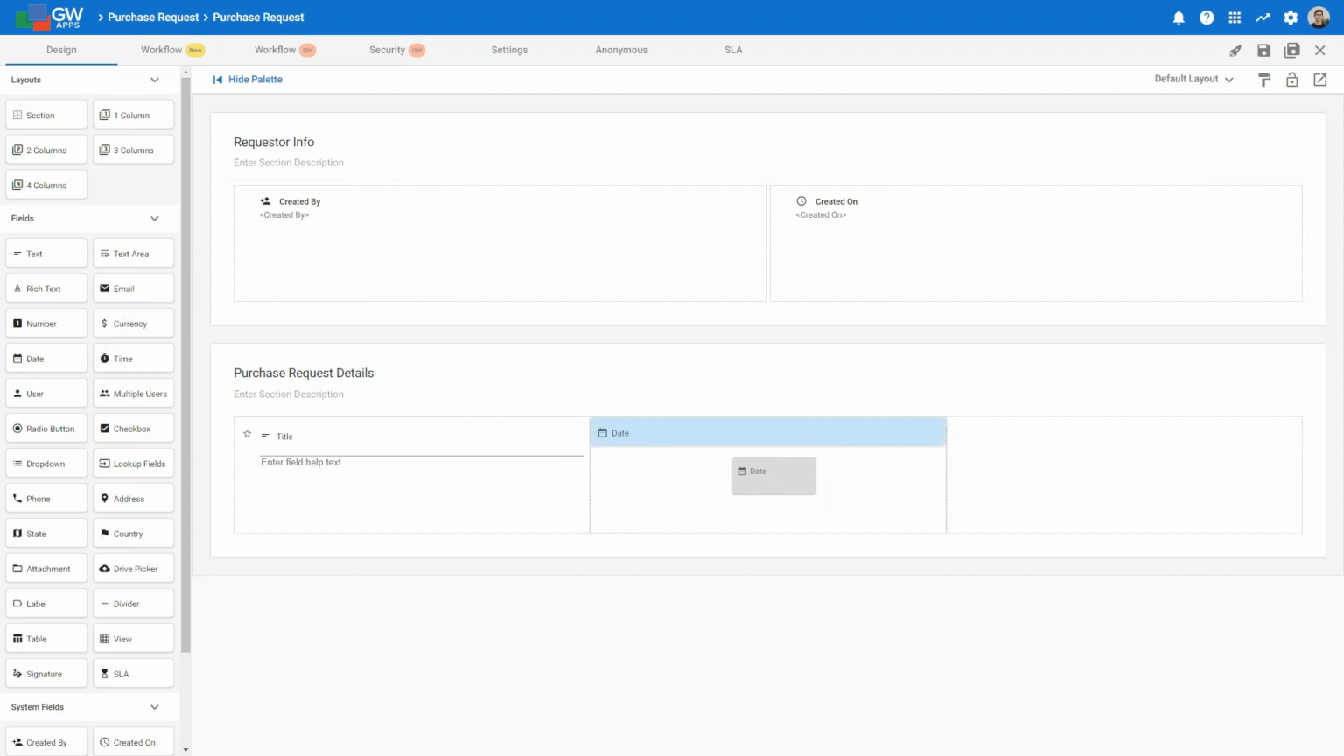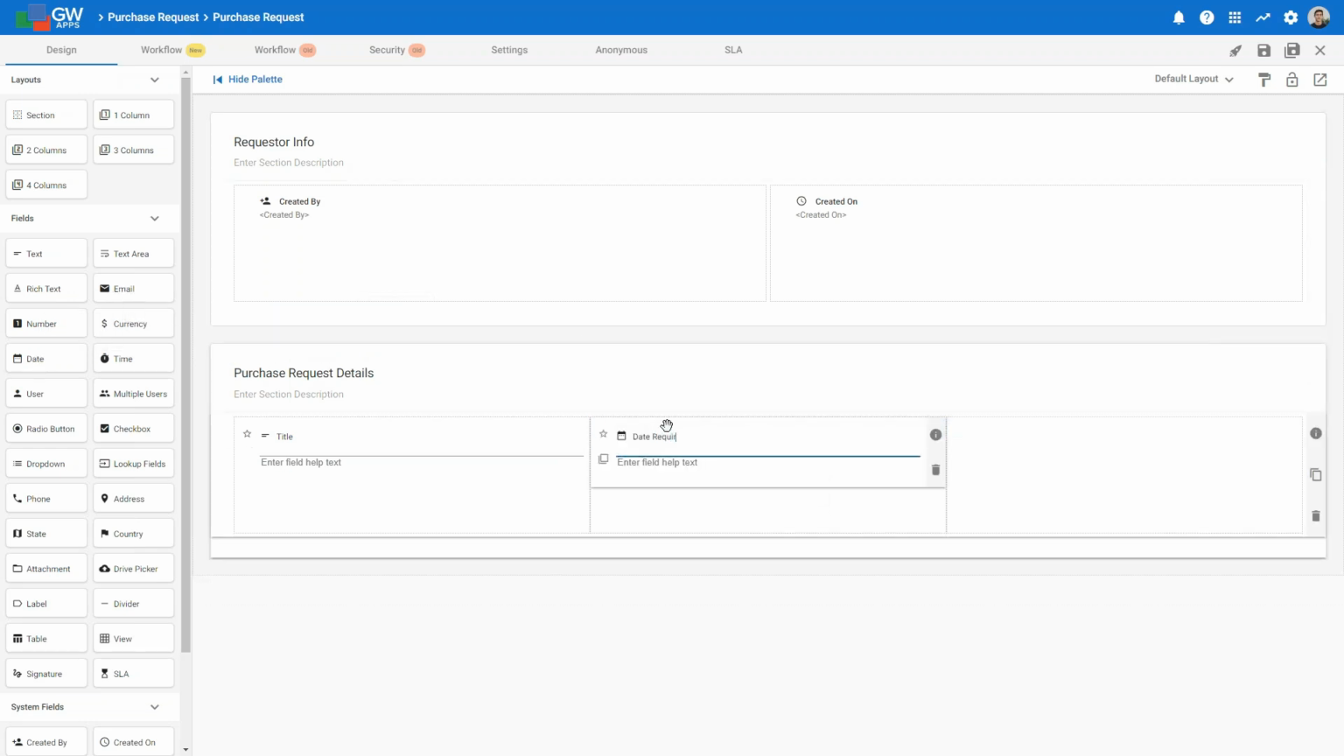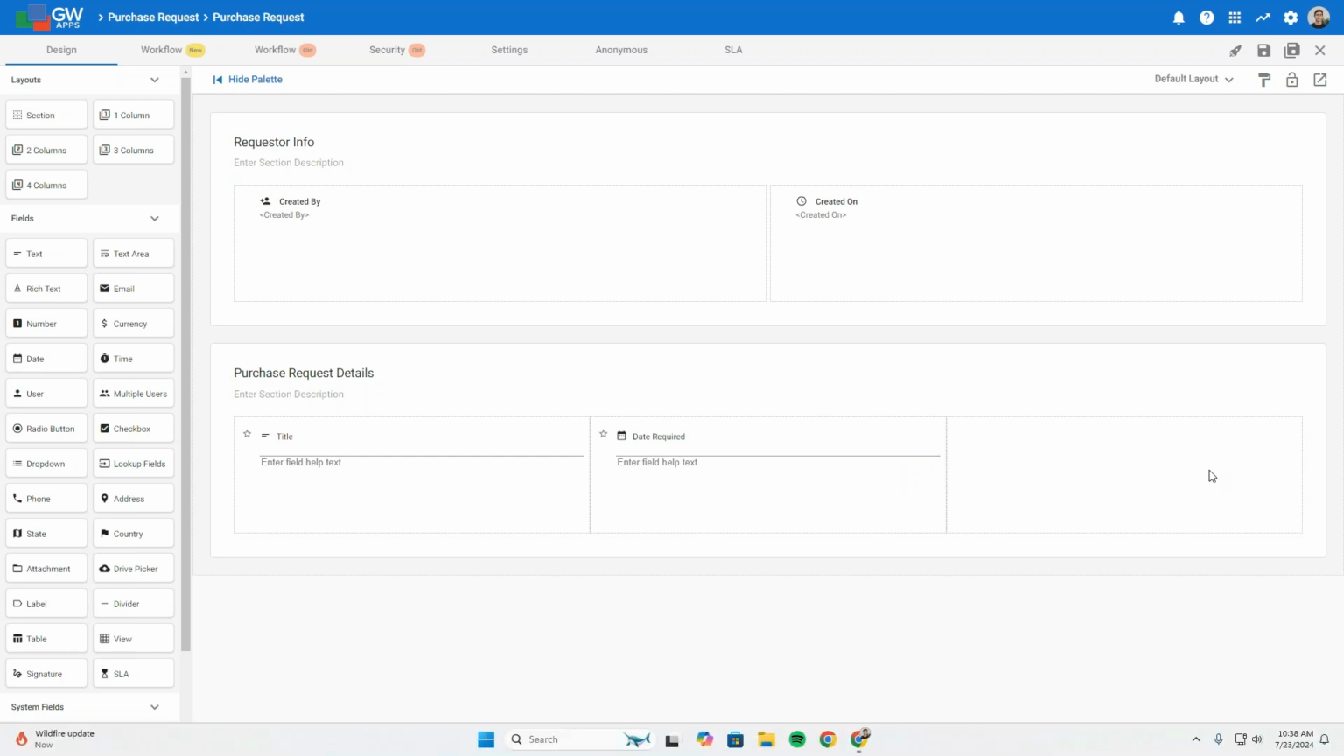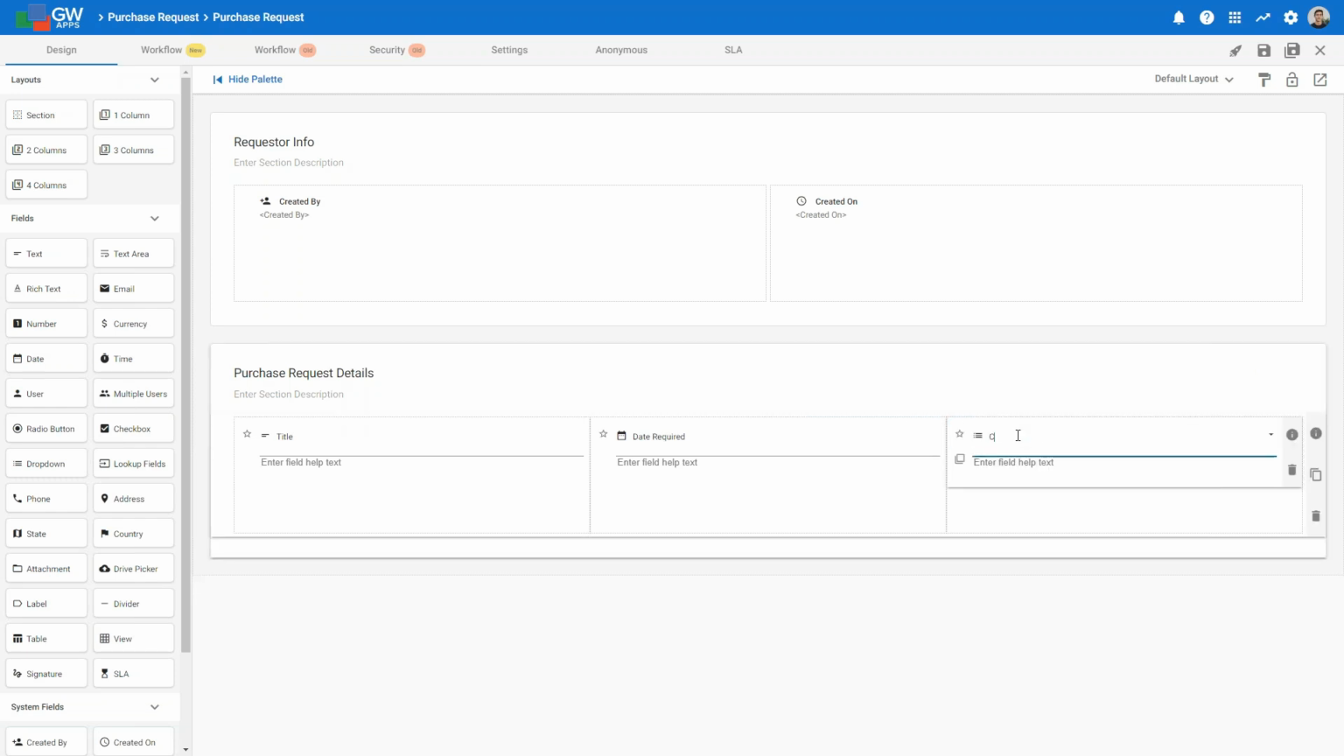I'm also going to add a date field. This will be date required, when the purchase is required by. And then I am also going to add a drop-down field right over here. This will be category. Perfect. Now I still need to configure the list options for this drop-down menu, and to do that, all I